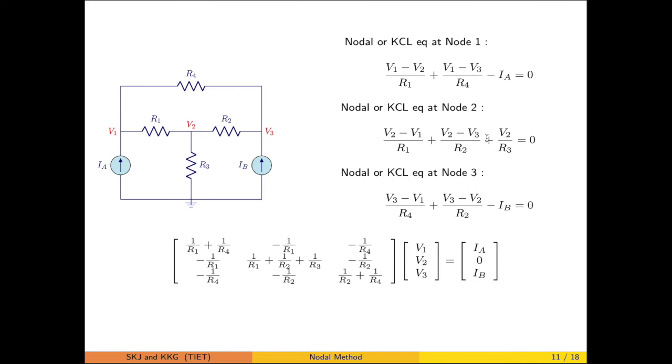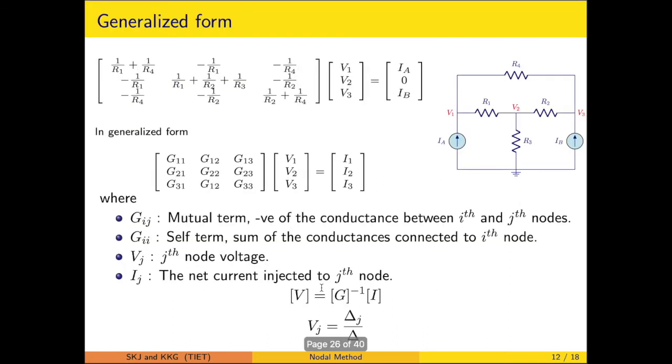So this matrix form is also giving you some idea how we can write the equations in general, but the question is they are rearranged. So here say V1 into 1 upon R1 plus 1 upon R4, so that particular is one element. Similarly you have marked the other elements of this matrix. Now when we are able to write the equation in the matrix form, we can solve it using any of the general methods like the Cramer rule or matrix inversion. So that particular is giving you the arrangement.